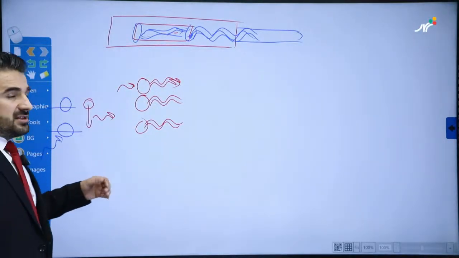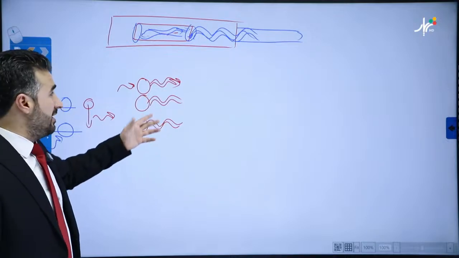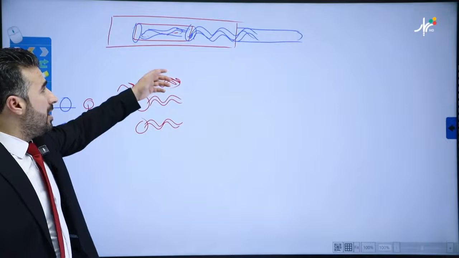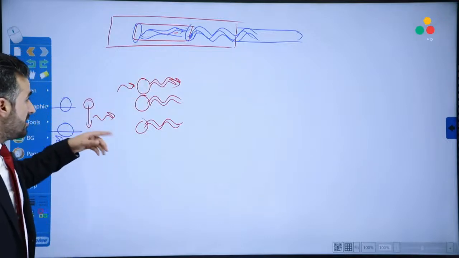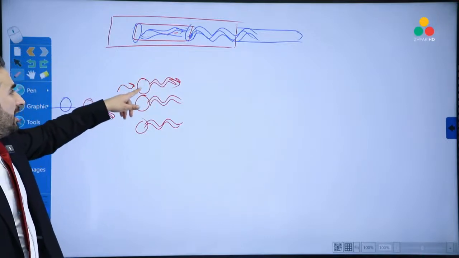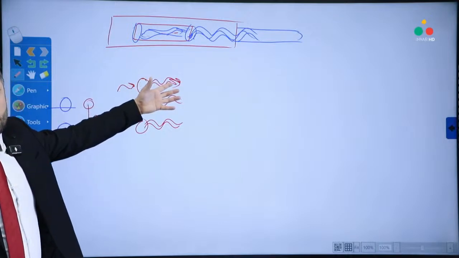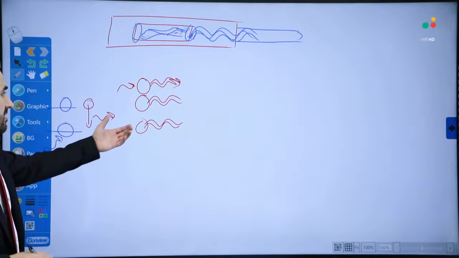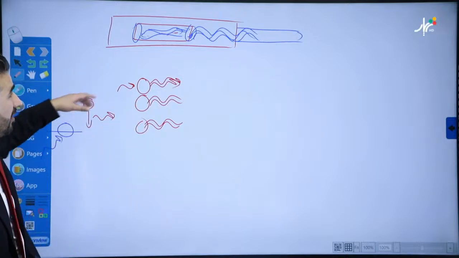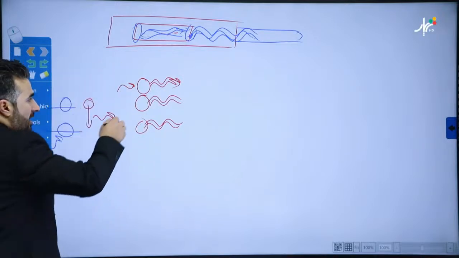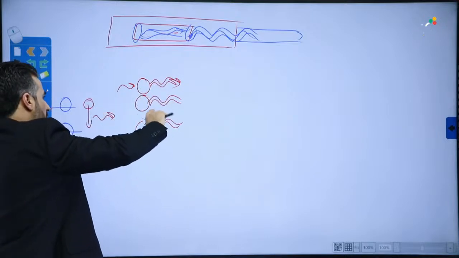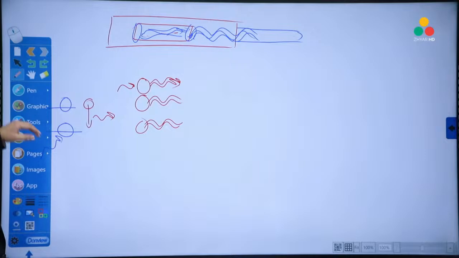So we have excitation, stimulated emission, and spontaneous emission. Spontaneous emission would be this. Stimulated emission is when one wave encounters an electron and then two electromagnetic waves identical to it come out. Then amplification: as it keeps going back and forth, one wave makes two waves, makes four waves, makes eight waves, and this process continues. That is called amplification.